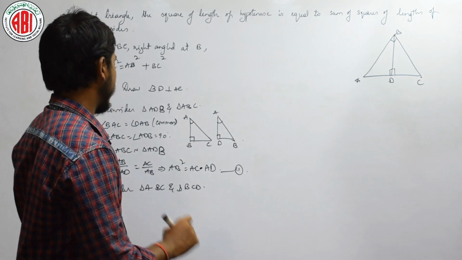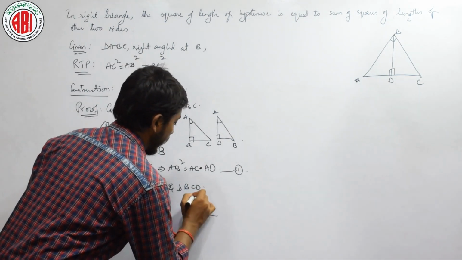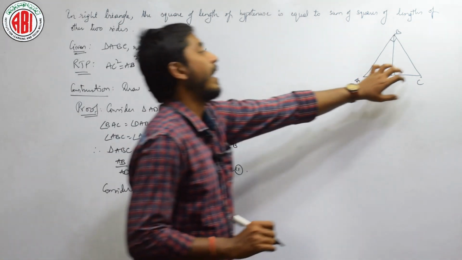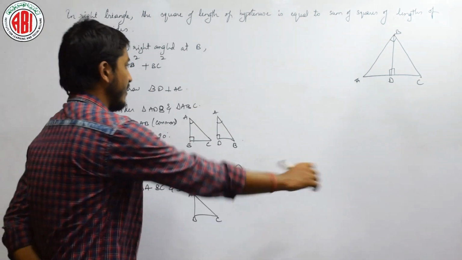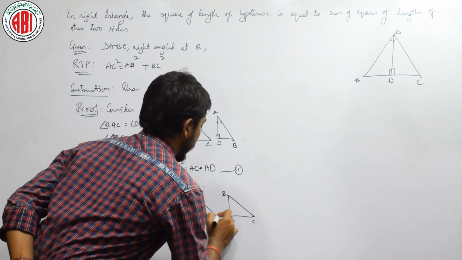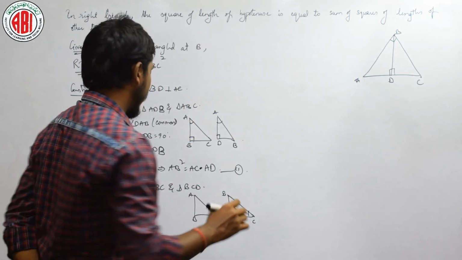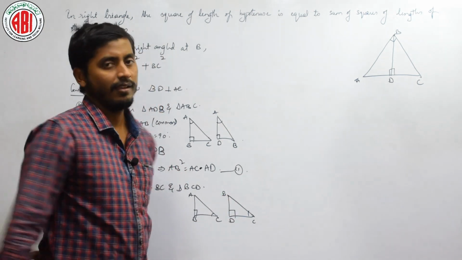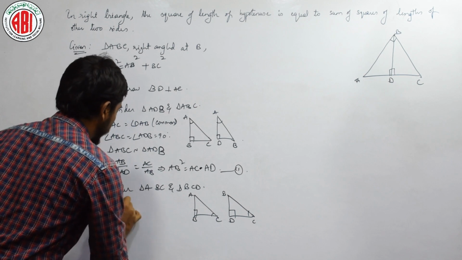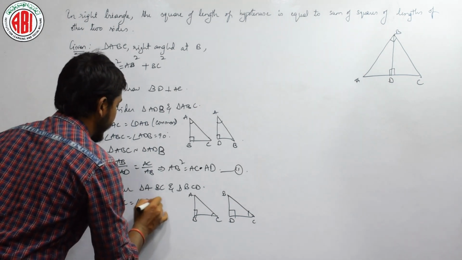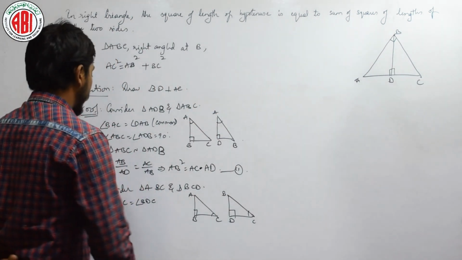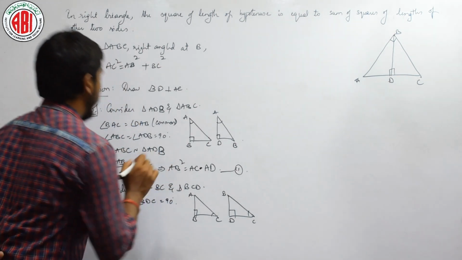Yes or no? Let us see here, triangle ABC is fixed, right, and here angle C is fixed. I can directly write it as BDC. This is similar to the actual thing, BDC. Here angle C is common, right, and angle B is equal to angle D. Let us write the same thing here, that is angle ABC is equal to angle BDC, isn't it, which is equal to 90 degrees.